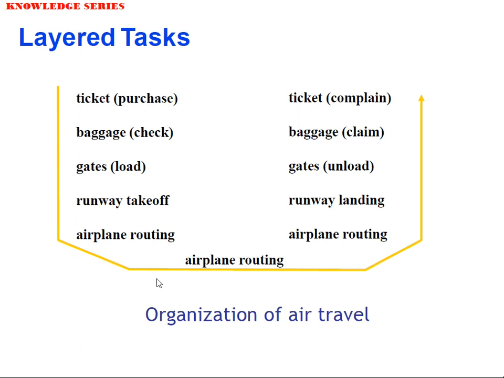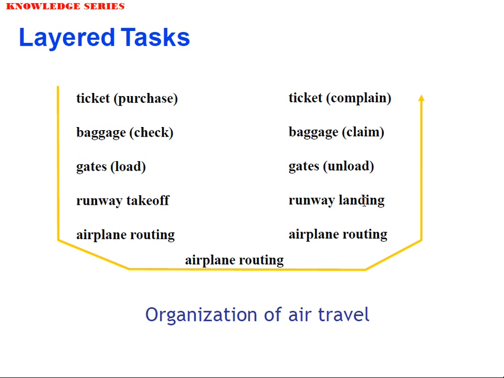So if you see a vertical representation of each layer, it has a different responsibility. Based on that responsibility, it will try to perform a set of activities. But in the horizontal representation of a layer, it does similar activities on either side. That is what we try to make you understand with a very simple example of